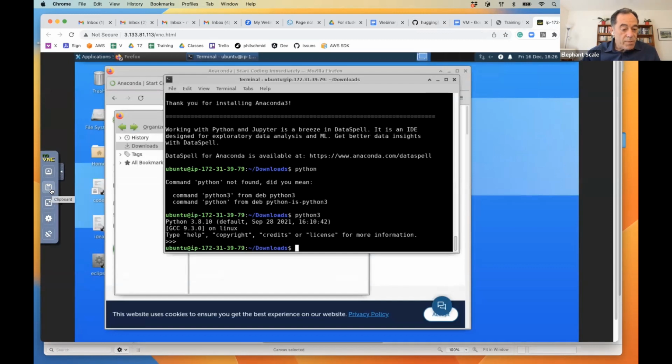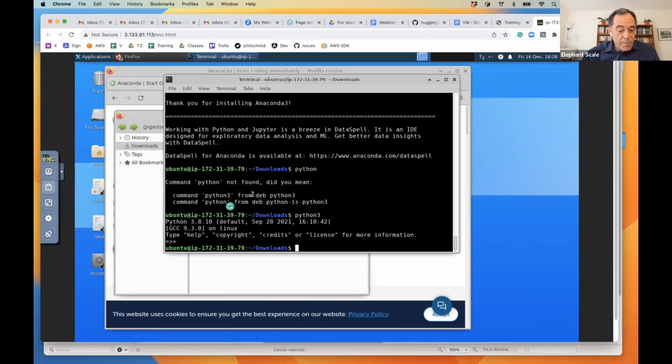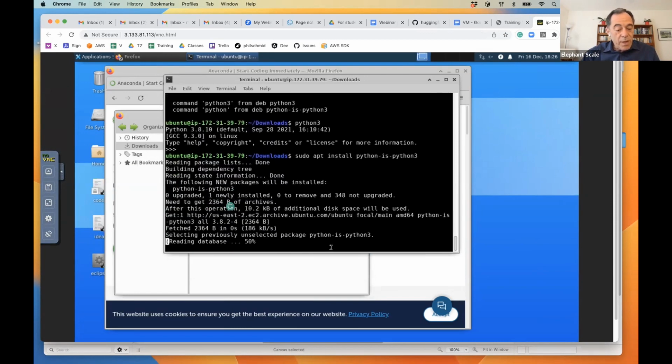Here, clipboard. And paste my command right here. Then if I run any command that is on the clipboard, it will paste it right here. That's how it works. Now, one interesting thing that got us yesterday or last time is that for that to work, you need to open another terminal.